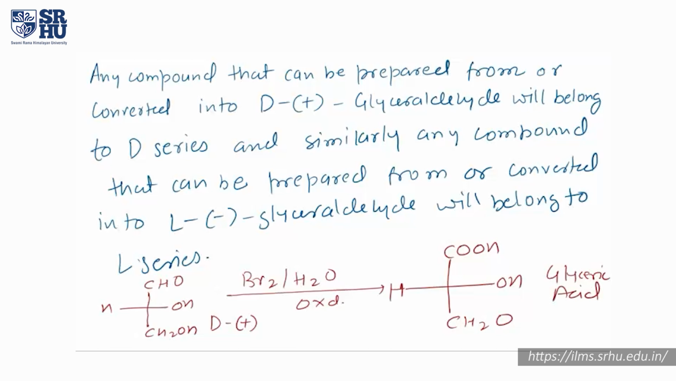Now what will be the configuration of glyceric acid? Its configuration will be D. It is assigned as D because it is prepared from D-glyceraldehyde, so the configuration assigned to it will be D because it comes in the D series. Now, whether it is dextrorotatory or levorotatory: the glyceric acid over here is actually levorotatory. So what we have understood is that D and L are simply relative configurations,